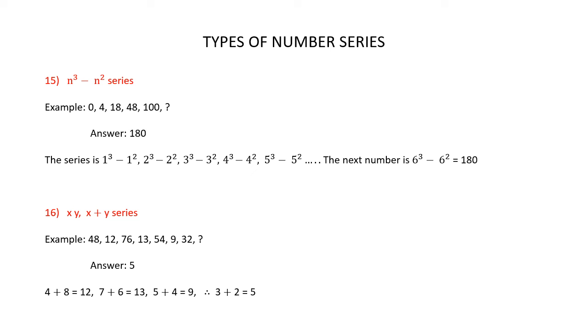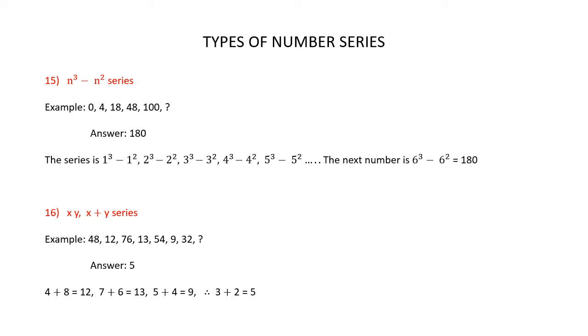Next is the n cubed minus n squared series. Let's understand this with an example. Look at this number series: 0, 4, 18, 48, 100, question mark. You have to find the missing number here. When you observe the numbers in this number series, you'll notice that this is a n cubed minus n squared